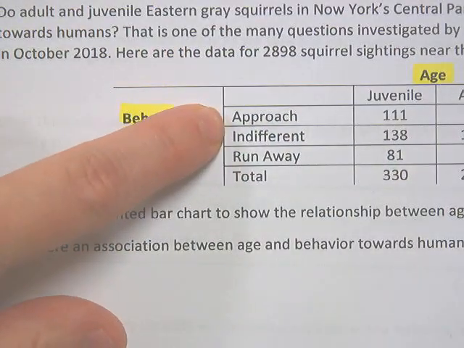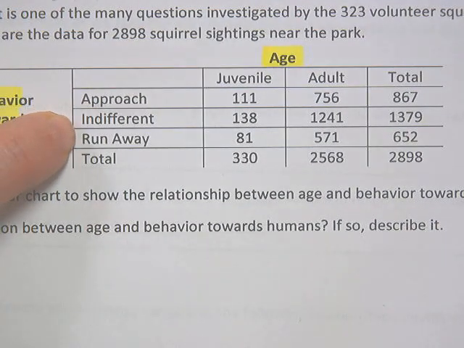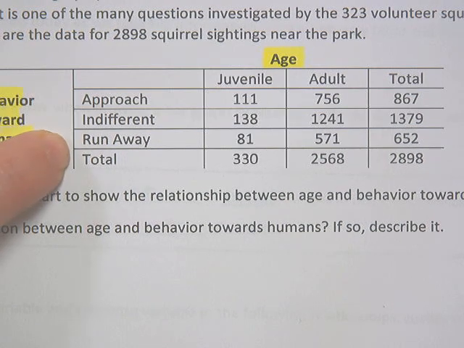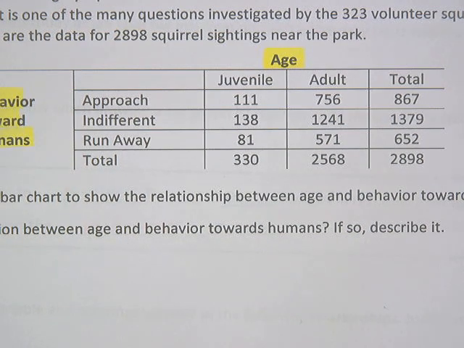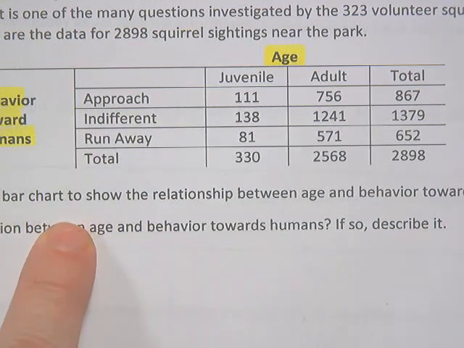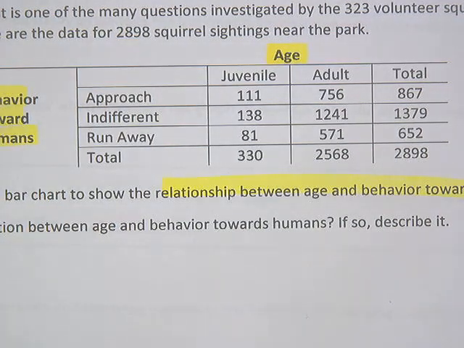Look at those. They either approach the human because they're not scared at all. They're indifferent. What does that word mean? They don't really care. They're not bothered by the humans either way. Or maybe they're really scared and they run away. So those are the three behaviors in age. Okay. Now, if we're making a segmented bar chart to see if there's a relationship or not,